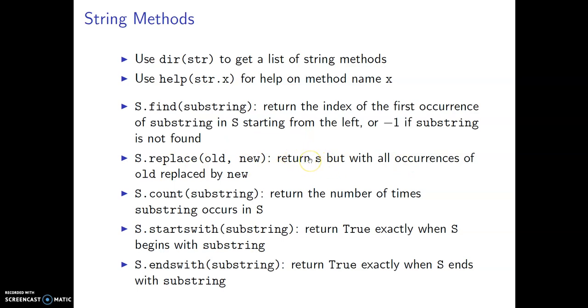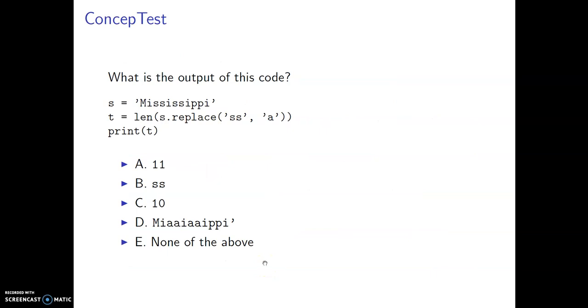s.replace returns S, but with all occurrences of old replaced by new. We're going to take a look at this in just a moment. s.count is going to count the number of times a particular substring occurs. So you'd have to name what that substring is, just like you do in the old versus new, or the substring here, right? startswith is going to return True exactly when it starts with that. So bioinformatics people, I think a lot of these would be really super helpful to you. endswith, same idea, except ends with. Okay, so